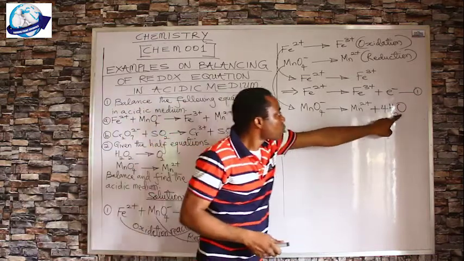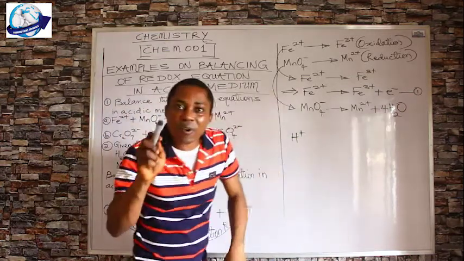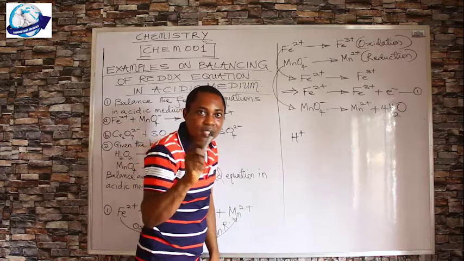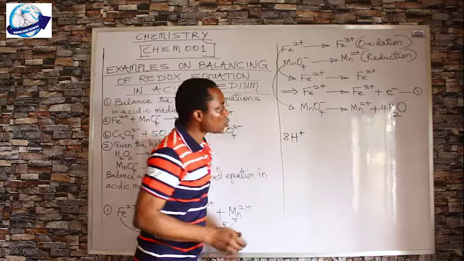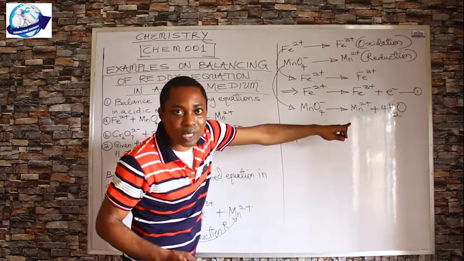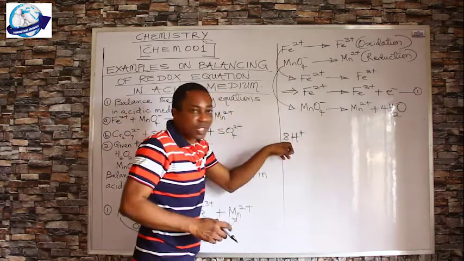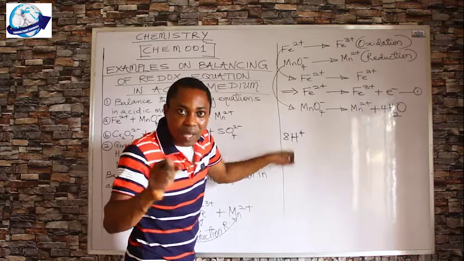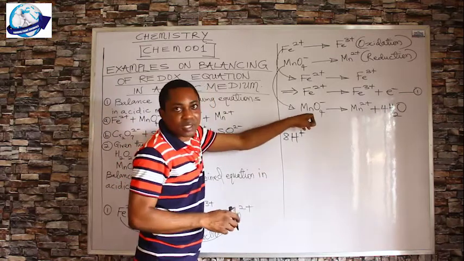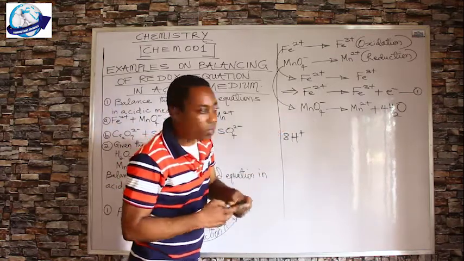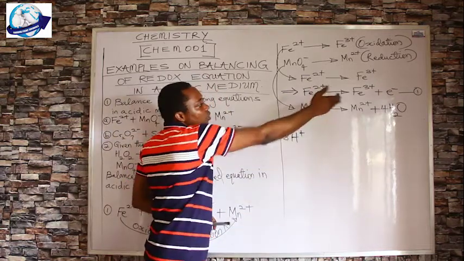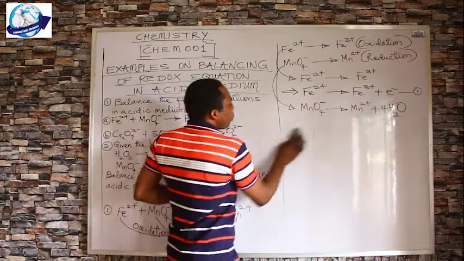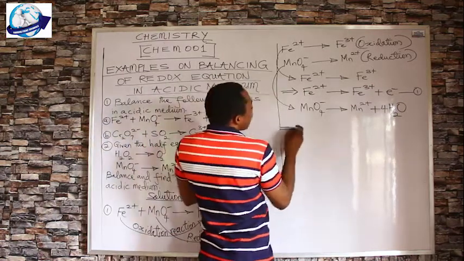Since we have 2 times 4, 8, since we have 4 H2O at the right hand side, it means that we have 8 hydrogen atoms at the right hand side, so we need 8 hydrogen ions at the left hand side. So we can add them to the left hand side, then we make it equal in number. The number of hydrogen here and the other side will now be equal. So we go this way. Now, it implies that